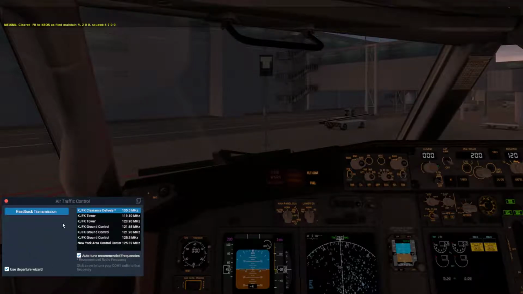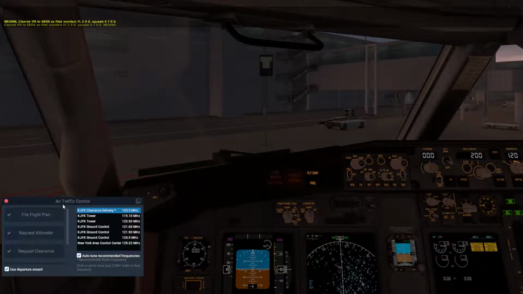November 816 November, cleared IFR to Kilo Bravo Oscar Sierra as filed. Maintain flight level 200, squawk 4700. Cleared IFR to Kilo Bravo Oscar Sierra as filed. Maintain flight level 200, squawk